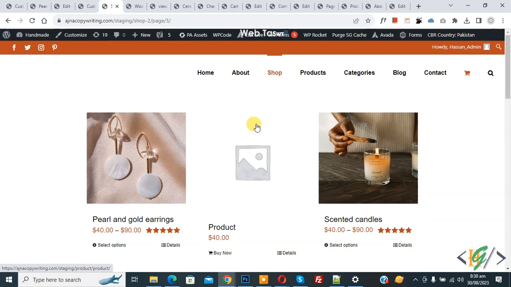Bismillahirrahmanirrahim. Assalamu alaikum. My name is Hassan and today we are going to fix shop content width in mobile layout